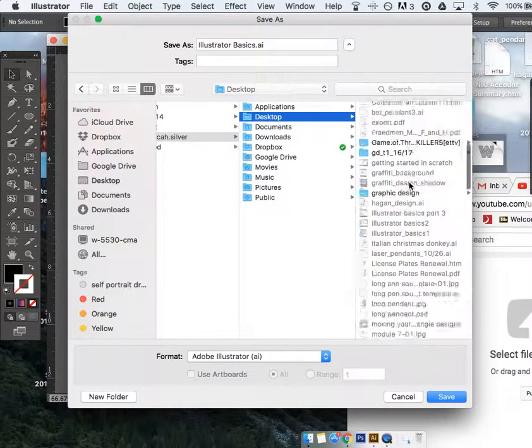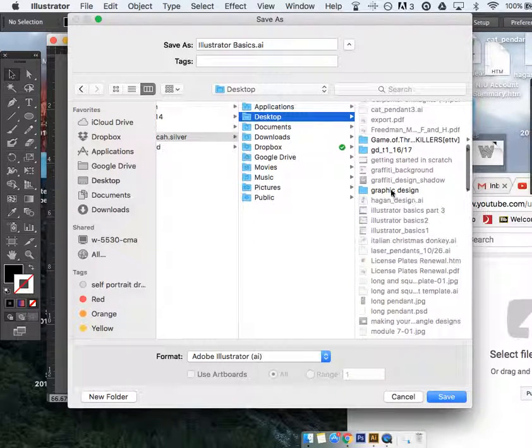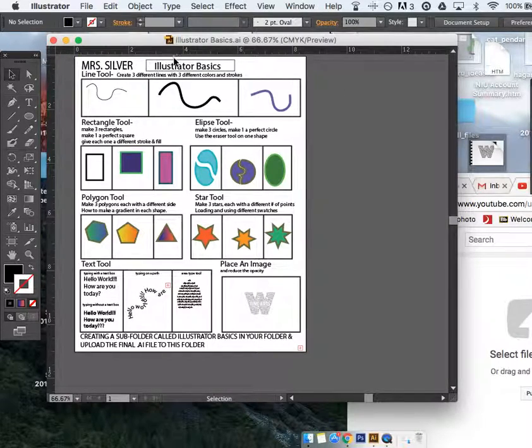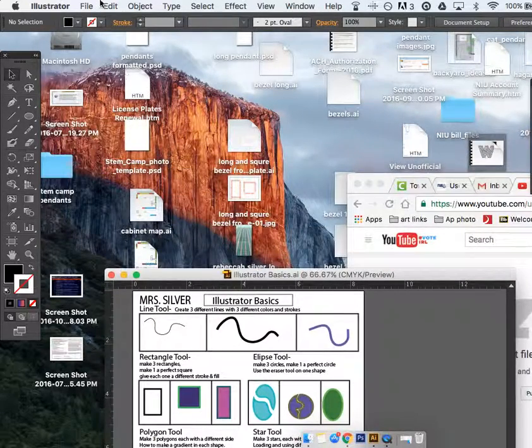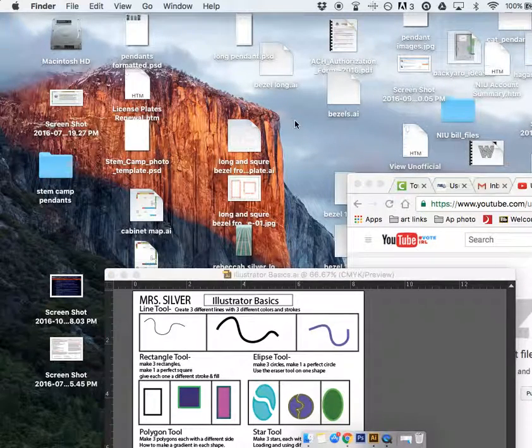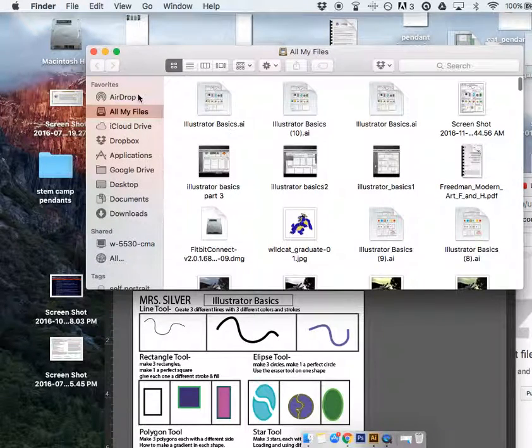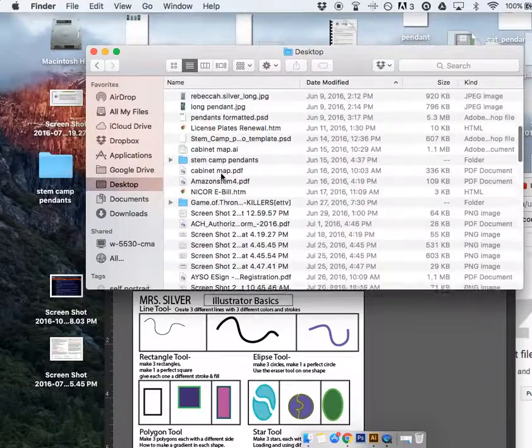And then once I'm there, I go down to graphic design. If you don't have a graphic design folder, create a new folder, call it graphic design, and put it in there. So I'm going to hit save, and I'm going to say okay, and I'm saving it as an Illustrator file for now. And then once you have it saved there, little trick, I'm going to click on the desktop so that I have a new Finder window, and I'm going to go to desktop again. I'm going to go to graphic design,